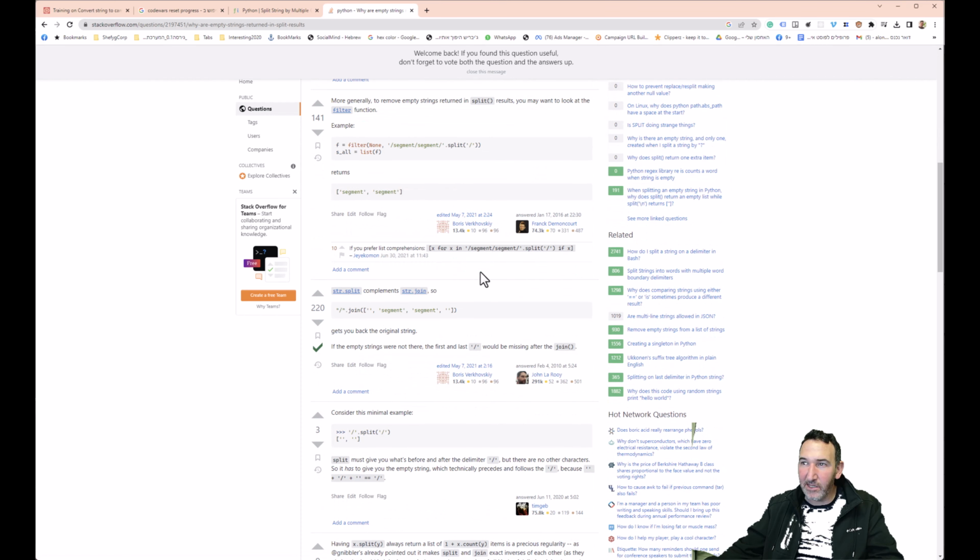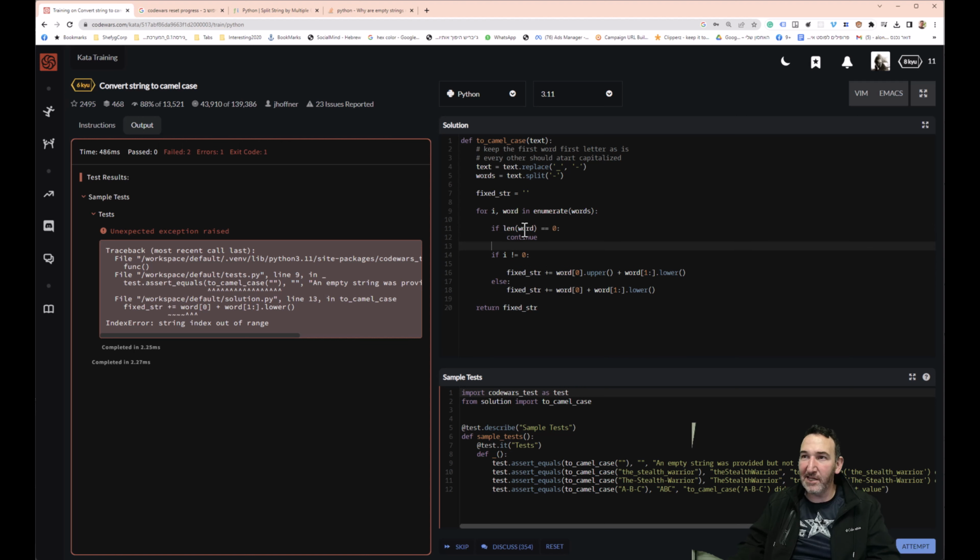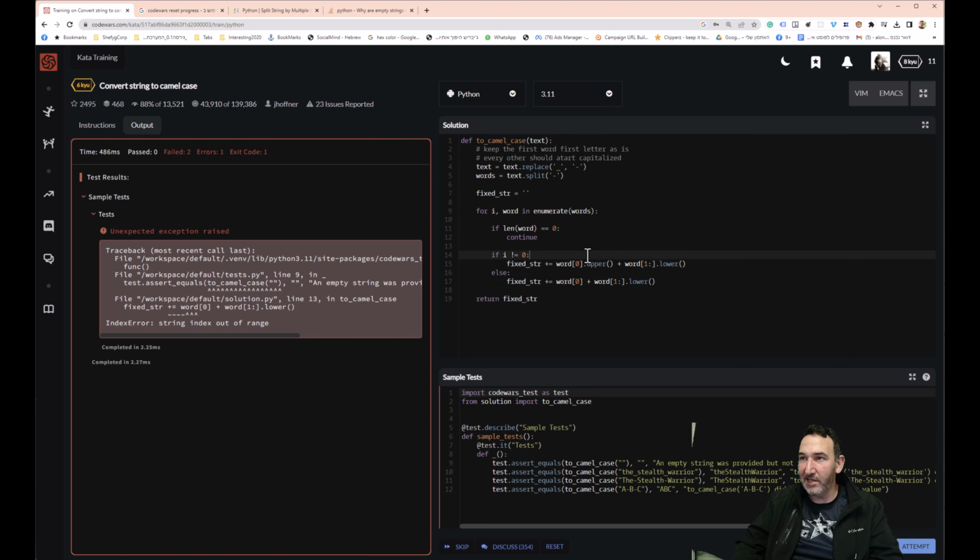You know what? I'll just handle it in code. So okay, let's do it like this. So if len of the word equals 0, then continue. So it will continue to the next step of the loop, and it will actually be ignored. Great. So here, if it's not 0,